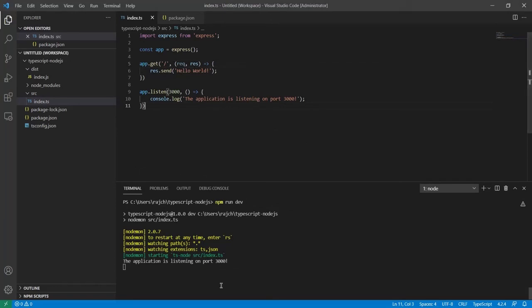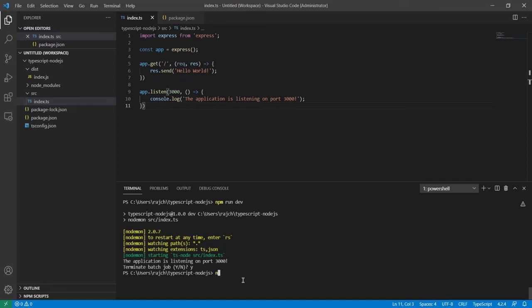Okay, so like this you can configure your code. And let me also stop this, because now I need to run our JavaScript code, because the final code is the JavaScript code. We always publish our code to a Node server or any Ubuntu server anywhere, and that code is always the JavaScript code. At the server we never publish the TypeScript code, so make sure of this. Now I am going to use npm start.